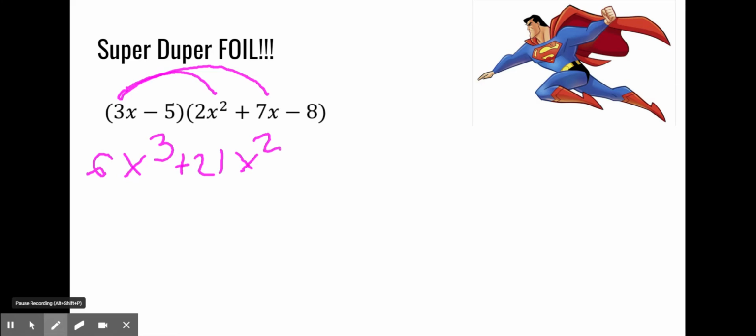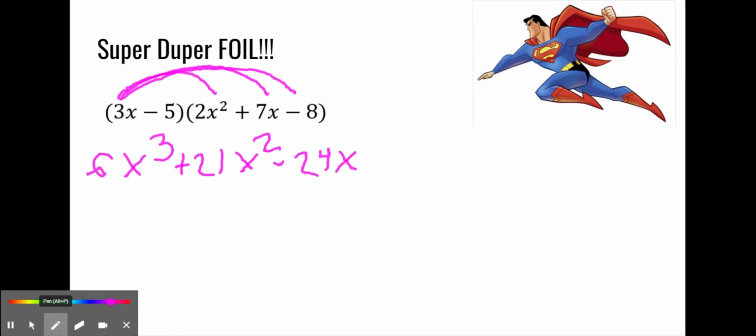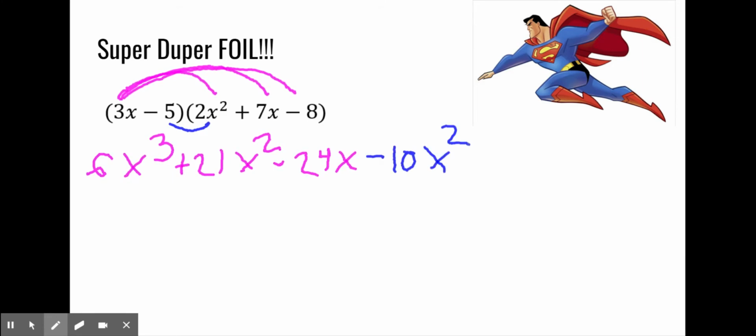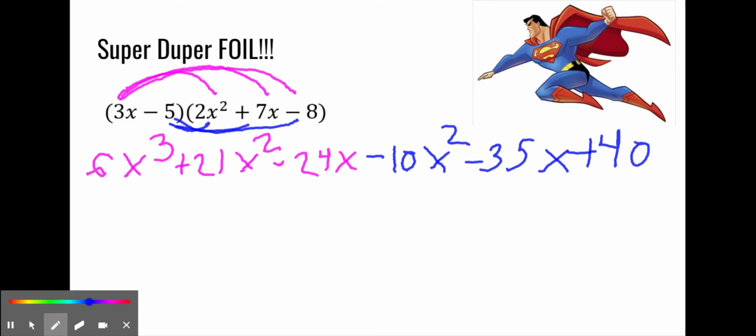Now take 3x times negative 8 to get minus 24x. Let's do a different color. Let's say blue. Now we got to do the negative 5 times 2x squared to get negative 10x squared. Negative 5 times 7x will give us a negative 35x. And then a negative 5 times a negative 8 will give us a positive 40. All right, we have a lot more terms to simplify, but what I recommend doing is you have to look